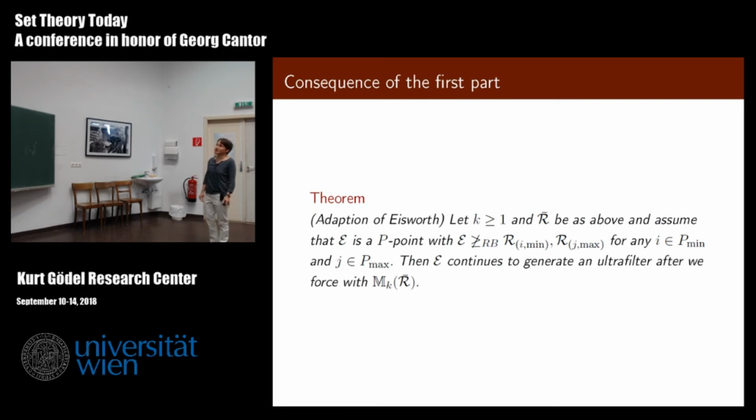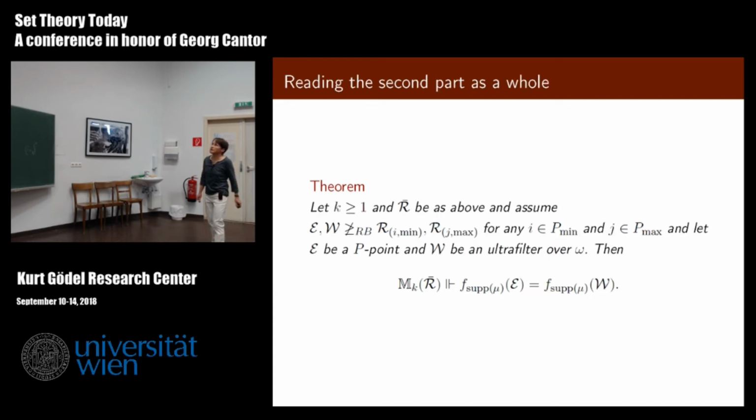The fruit is that the P-point in the ground model will be preserved if it's not related to the fixed Ramsey ultrafilters here. This is not from Blass below. In our case, since we have ultrafilters on both sides, it's equivalent to non-near coherence. So a foreign P-point is preserved by our forcing, and all others